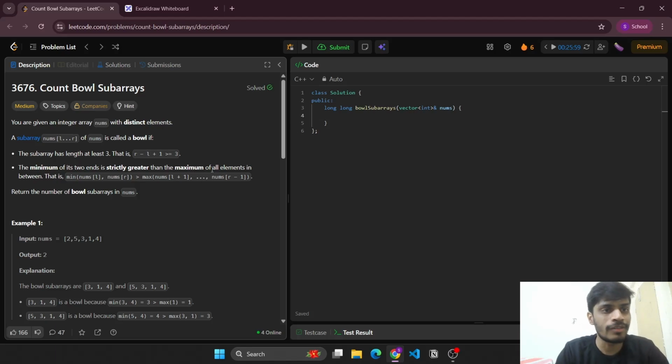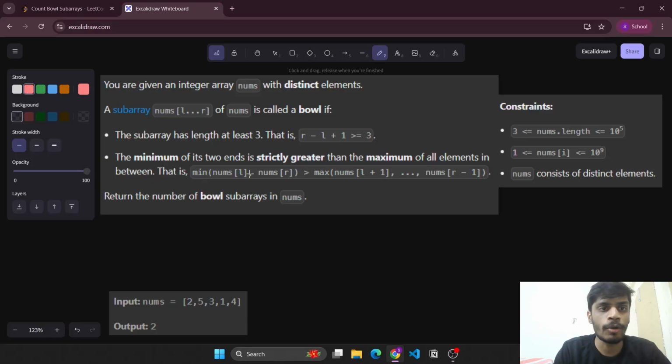Everyone, so let's solve this LeetCode medium problem, Count Bowl Subarrays. The problem states that we are given an integer array nums which has all distinct elements. Now a subarray of nums is called a bowl if the subarray has a length of at least 3